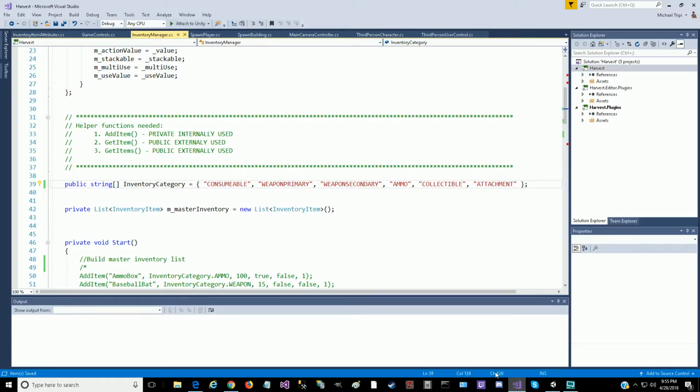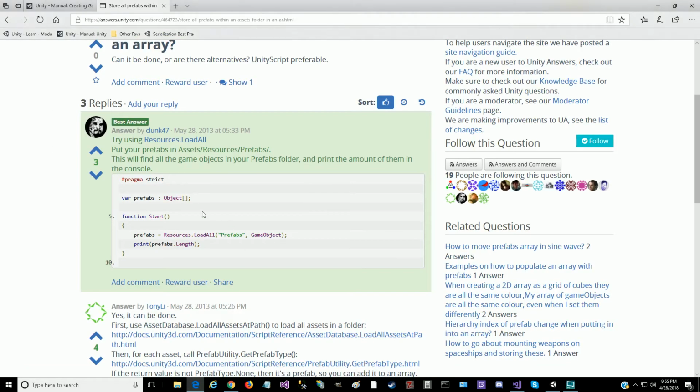Jump back to our scripting. So, like I said, I saw a quick line here. We can do Resources.LoadAll. That'll load all those prefabs out of that folder into an array. And then we can loop through that array, get the prefab name, and then do a lookup in our game object hierarchy for that prefab name, which should give us what we need, or at least